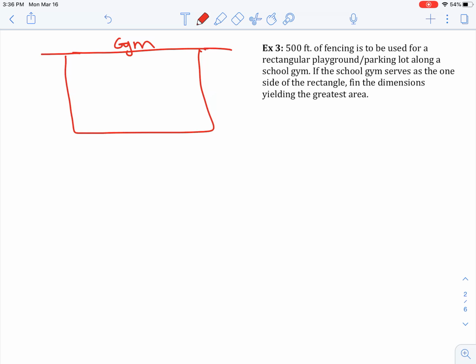So I'm going to have my gym over here, and I have 500 feet of fencing. So these sides are fencing, and this one side is fencing. And you're supposed to be finding the dimensions that will give you the maximum area. So I'm going to let you work on that, and then we will